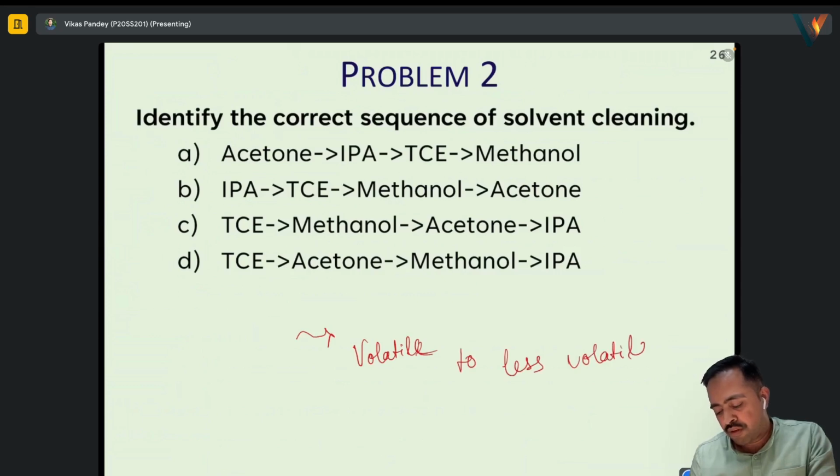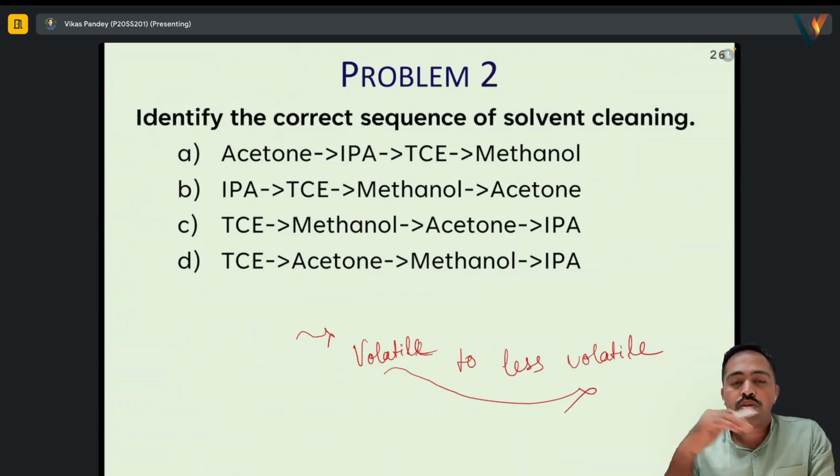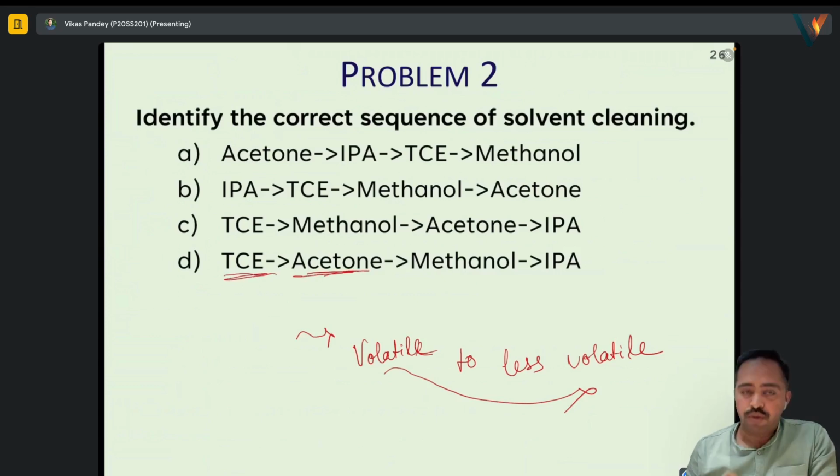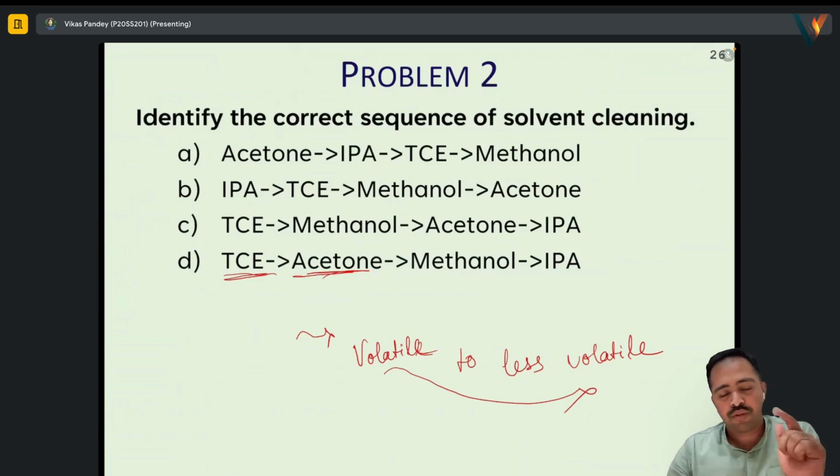Okay, so in the sequence, the volatility should decrease. So TCE is more volatile than acetone. Okay, so